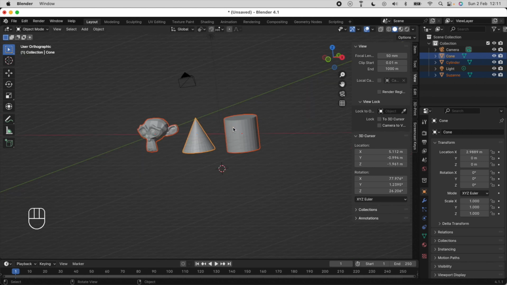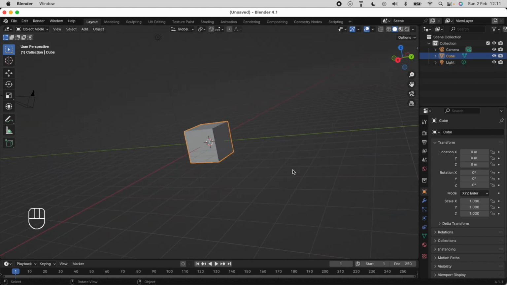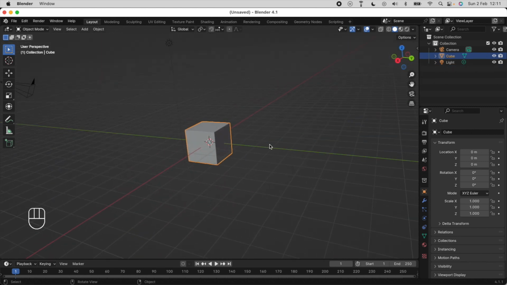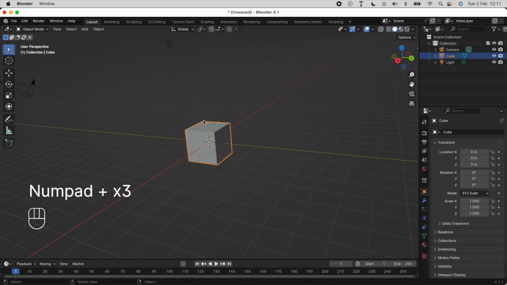Let's just start a new file. So I'm going to press Command and N, or Control and N on a Windows. Okay, so we're back to our default screen. So we've seen a way of working with our different objects. If we want to actually edit the object or look at its geometry, let's click on our default cube, and